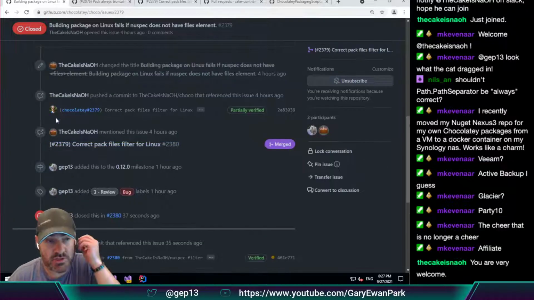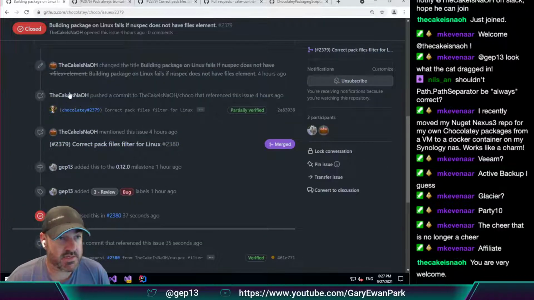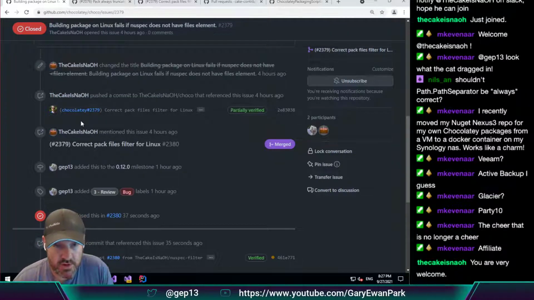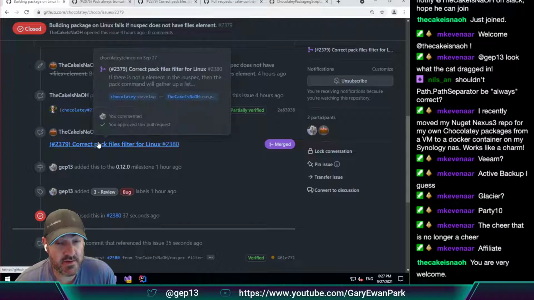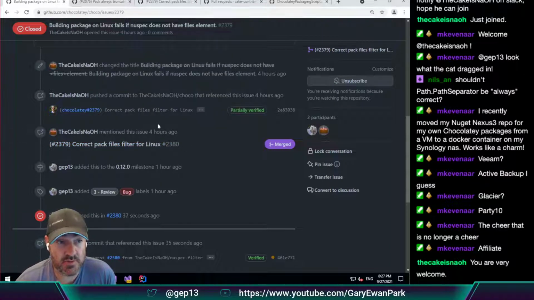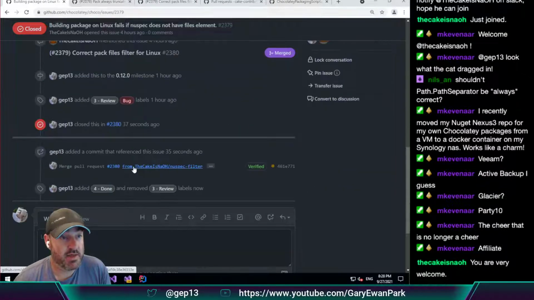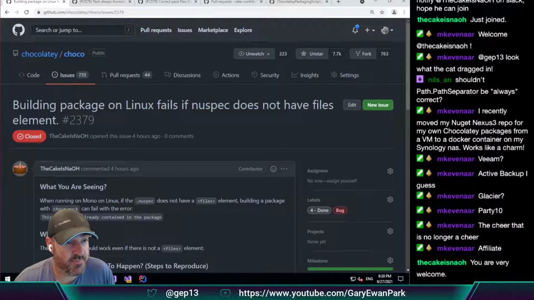Oh, and I should mention as well that The Cake Is a Lie also included AdmiringWorm or Kim in the commit message, because Kim had also found out part of this as well. So it was kind of a team effort all around, which was great. I already added that to the milestone, and since The Cake Is a Lie is here,